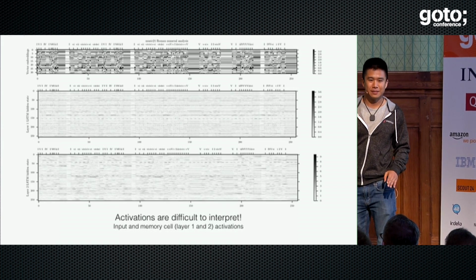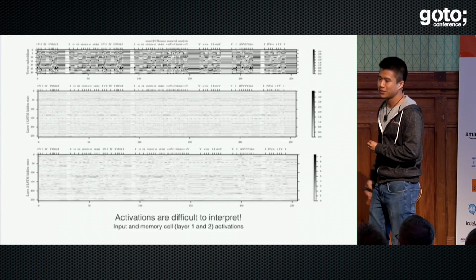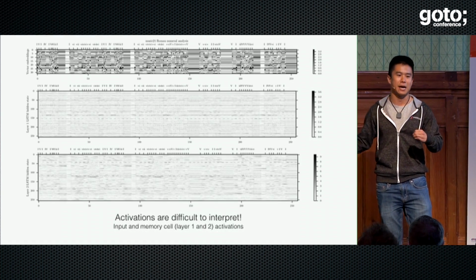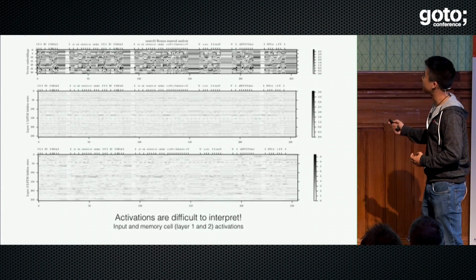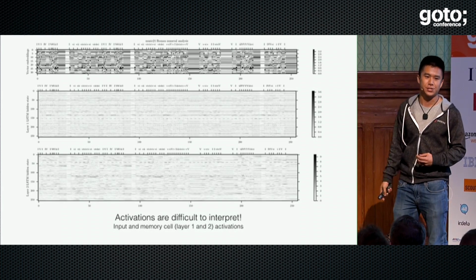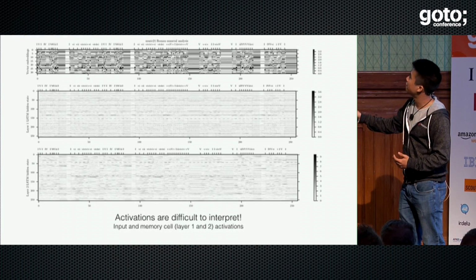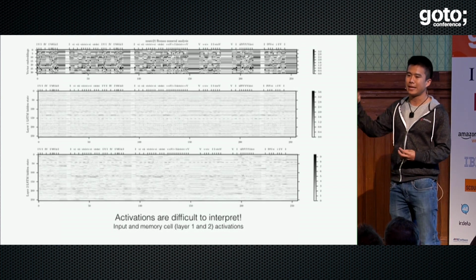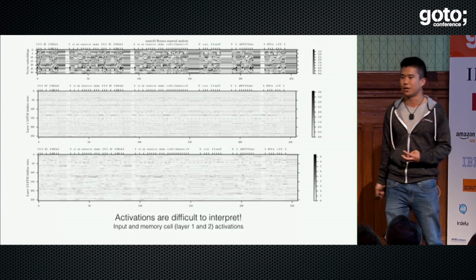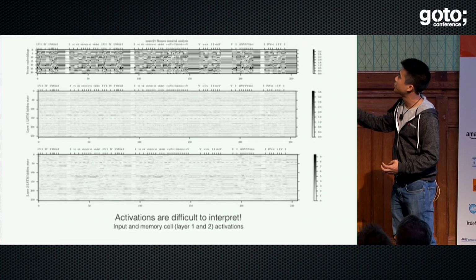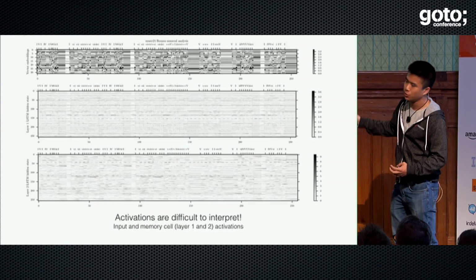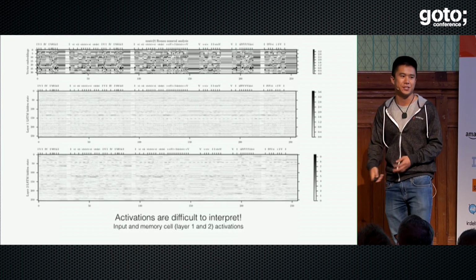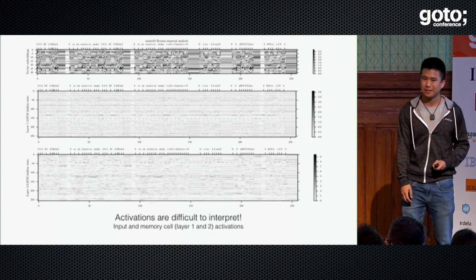But before we go there, let's uncover the black box. I've been talking about neural networks as just this thing which you can optimize, throw data at, and it'll learn things. Let's take a look inside and see what's actually going on. What I've done here is take the various memory cells of my recurrent neural network and unroll it over time. On the x-axis, you see time. On the y-axis, I'm showing you the activations of all of the hidden units. So this is neuron number 1 to neuron number 32. This is neuron number 1 to neuron number 256 in the first hidden layer. And similarly, this is neuron number 1 to neuron number 256 in the second hidden layer. Do you see any pattern there?